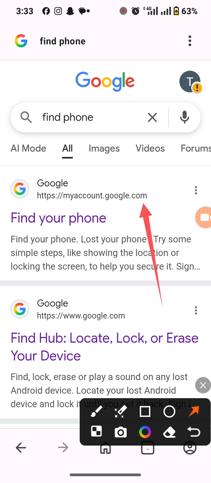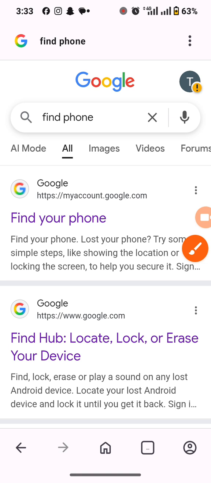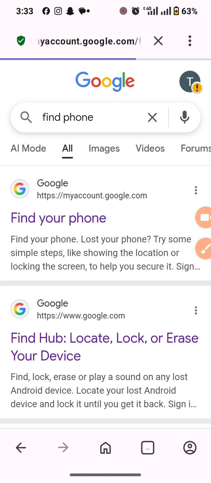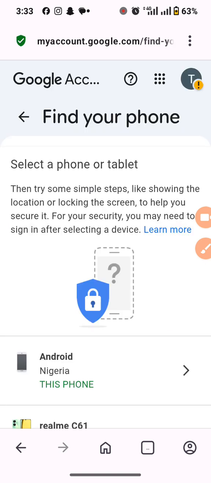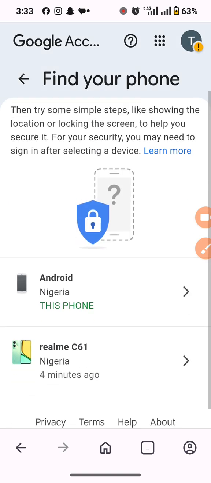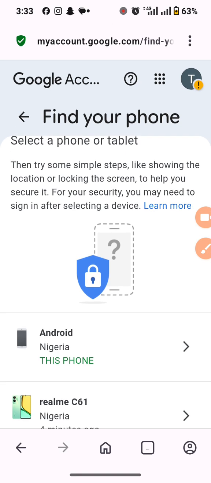So from this first option here, where it's showing myaccount.google.com, you will from here locate the location of your device. You will from here see it. So you click it. After you have clicked it, the next thing you are going to do from here now is that